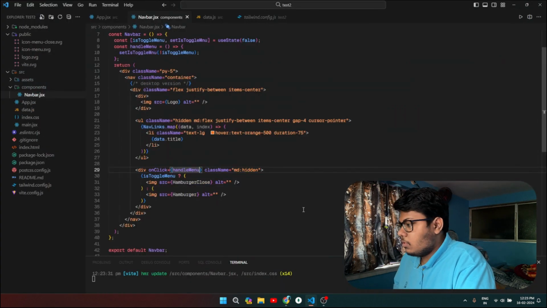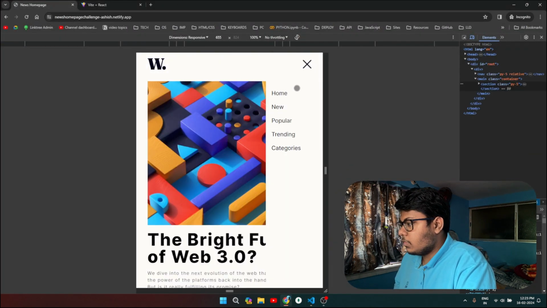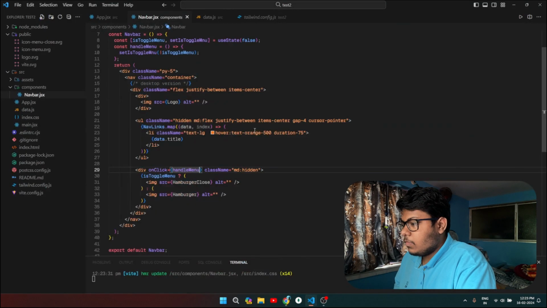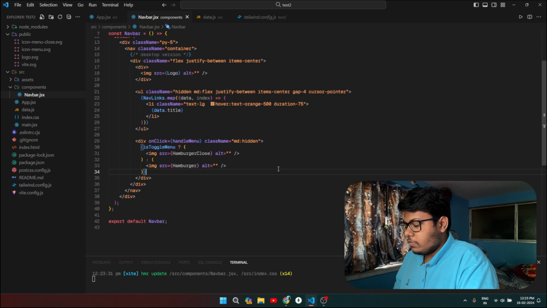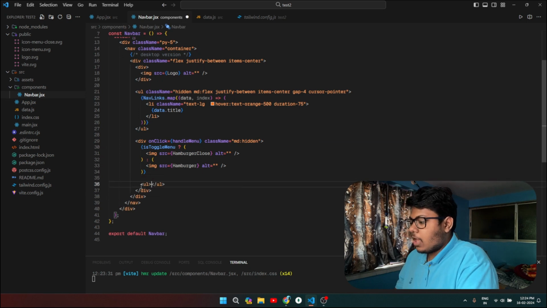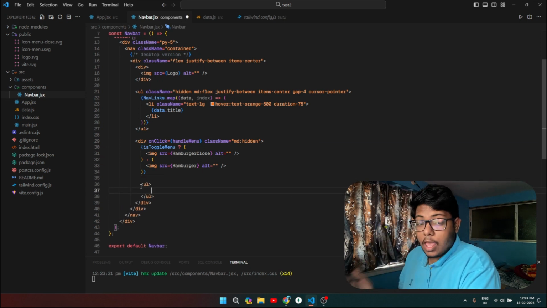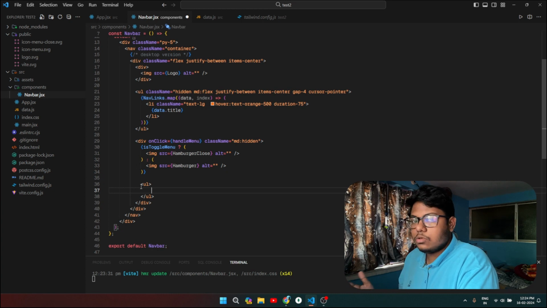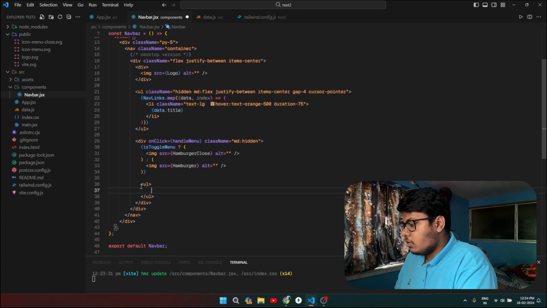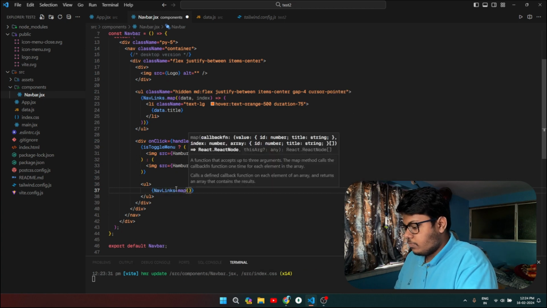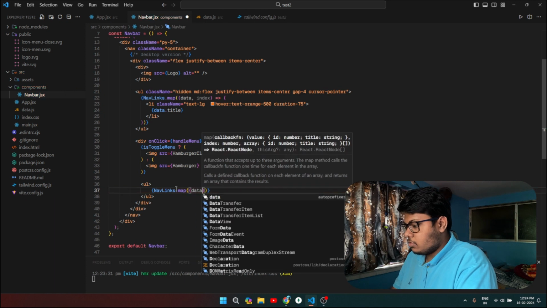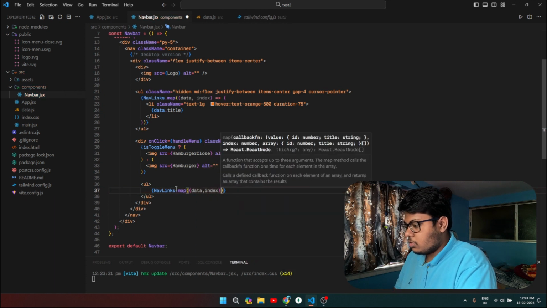All set. Now let's create this navbar. To do that, we can simply within this div map our nav links again. As we have created an array of objects, it's very easy to reuse the components. So to do that, we can simply come here and type navlinks.map, and it will again take a function, so data and index,